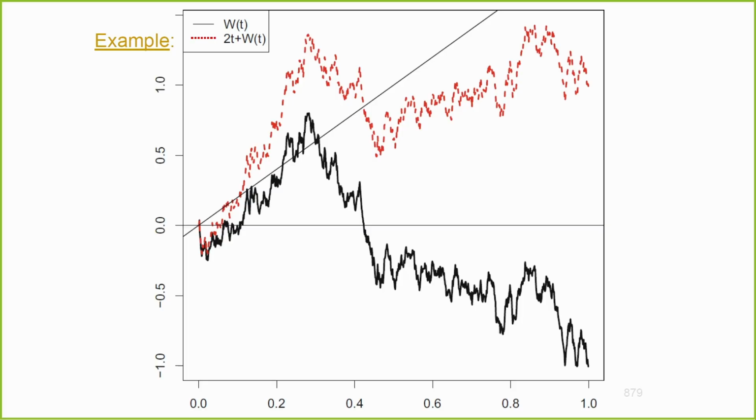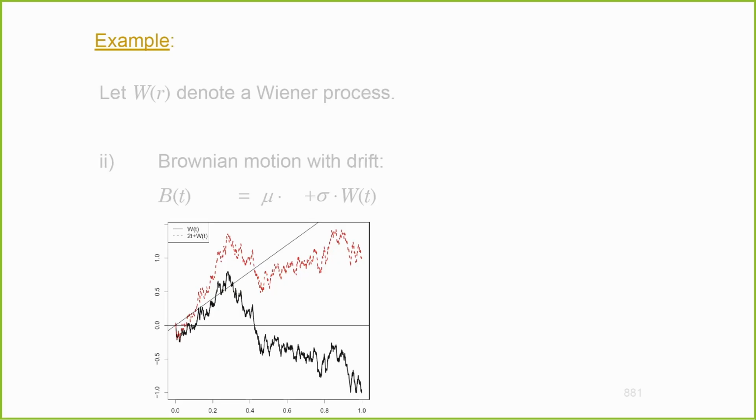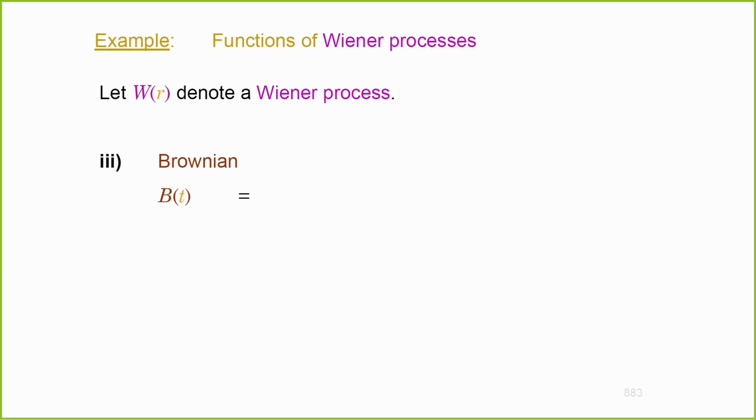The expectation of the black one would be 0, whereas the expectation of the red one would be 2 times t after all. All right. Okay, so this is how it looked. Now, we are actually already familiar with that, except for the case where you have a linear trend added to